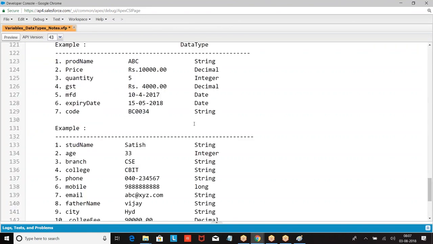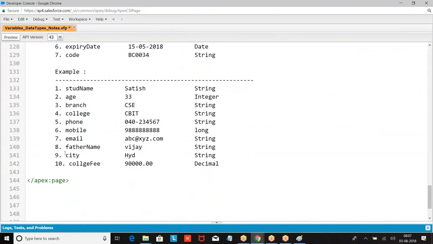It should not be decided based on this. It should be decided based on this. You have to analyze what is the allowed format, what type of values I am going to enter here. According to that, we are supposed to define. I hope you are clear, right?